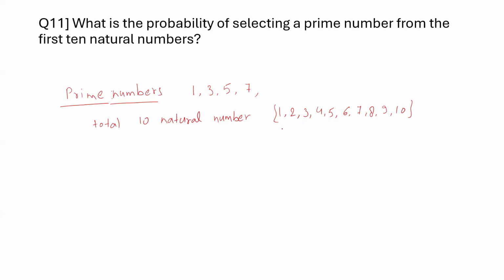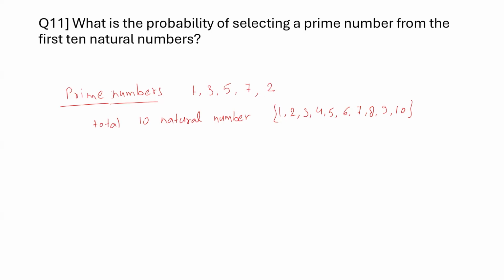Now let's look at this. How many prime numbers are there? So 1 is a prime number because it divides by itself. 2 is also prime because 2 also divides by itself. 3 is prime because 3 is divided by 1 or itself. 4 is not prime because you can divide 4 by 2. 5 is prime because you can divide 5 by 1 or 5 itself. 6 is not prime because you can divide 6 by 2 and 3. 7 is again prime. 8 is not prime because it can be divided by 4 or 2. 9 is non-prime because you can divide 9 by 3. 10 is again non-prime because you can divide 10 by 5 or 2.